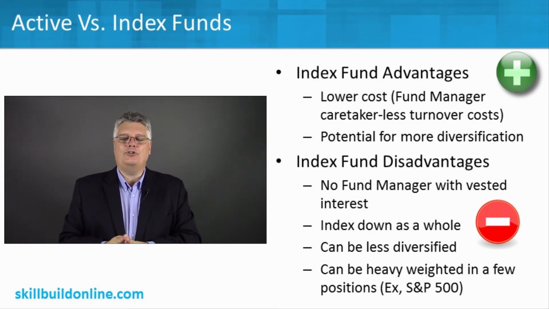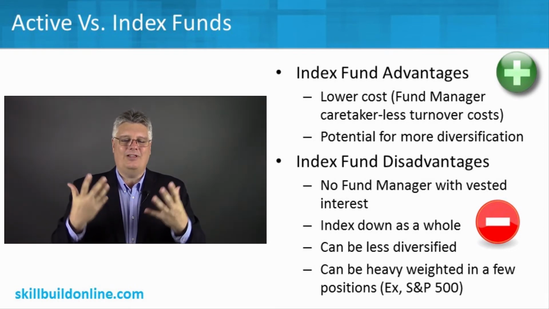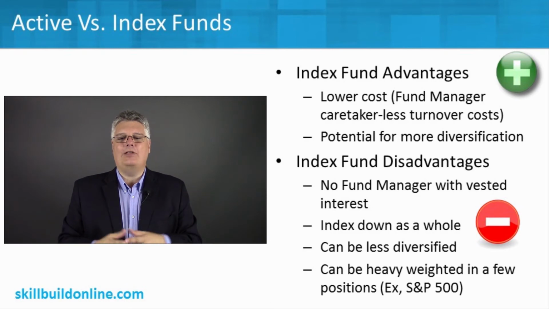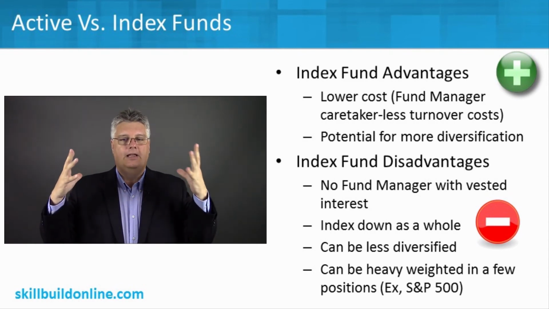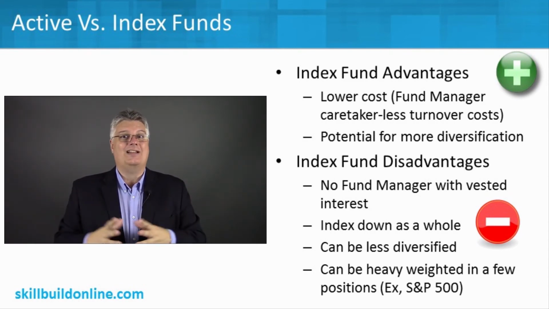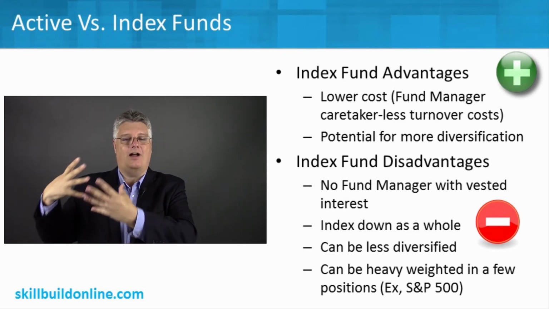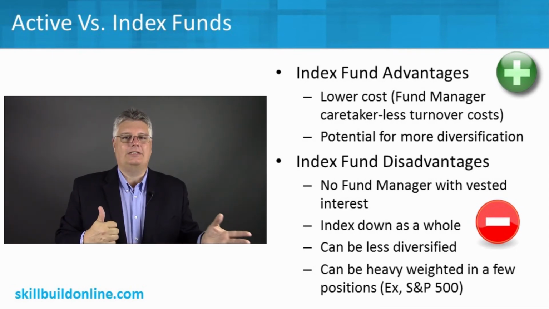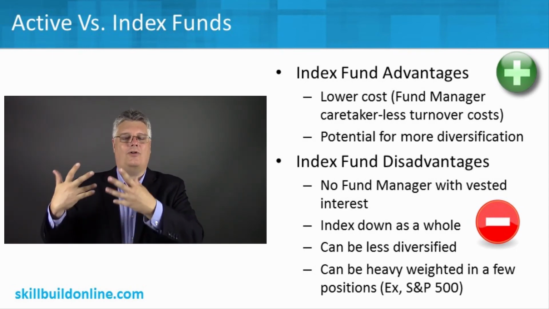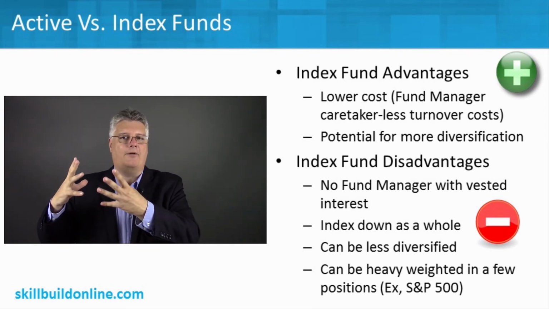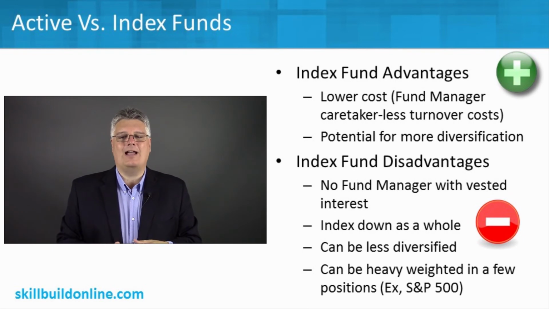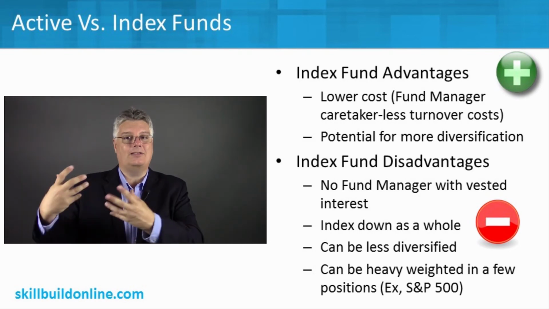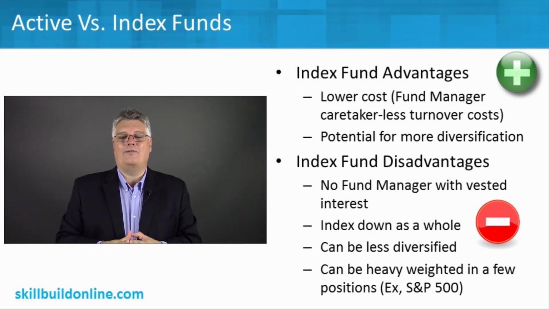And one also real tricky little thing to be aware of, and really look at the holdings within an index, is it can be heavily weighted in a few positions or a few stocks. For example, the S&P 500 fund, you think, oh, that's 500 stocks, it's 500 equal stocks. It's not. It's a weighted index, which means the bigger of the 500, the top 2, 3, 4, 5, 10, 20, have a much bigger impact than the other, let's say, 480 stocks in there. So things like Google and Apple and Johnson & Johnson and ExxonMobil have a bigger impact than maybe the 400th stock in there. And so you're really maybe a little bit more heavy in current times in technology stocks than you might have anticipated, because there's some big technology stocks in the S&P 500.